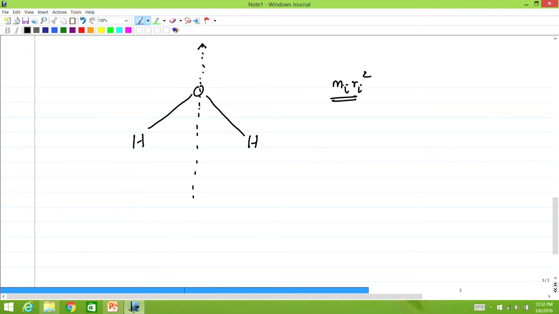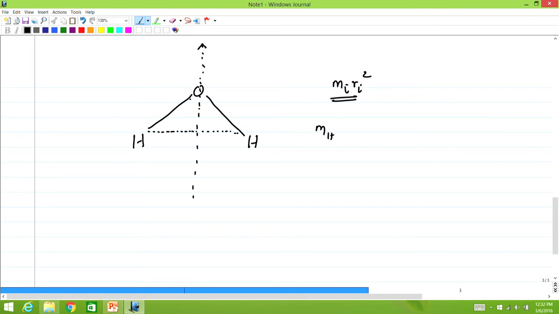So, the moment of inertia, if you recall, for water molecule, if you have to calculate about the symmetry axis, this is the symmetry axis, the C2 symmetry axis. Okay. And since on the C2 axis the oxygen resides, the oxygen does not contribute to the m_i r_i square term. r_i is 0 for the oxygen because it is on the axis. However, the hydrogens are at this distance which is perpendicular from the axis, it is a perpendicular distance that you have to take into account,